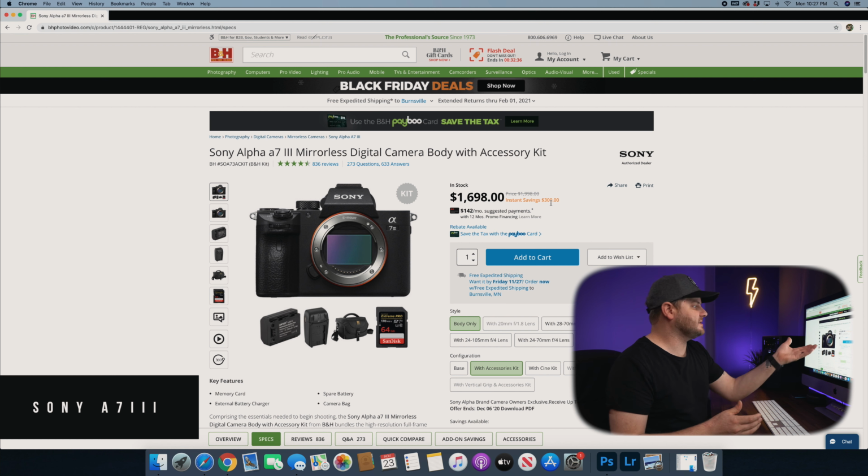And I think this is about $300 cheaper right now than even the A7C. So is it time to pull the trigger and buy the A7III? $300 cheaper than normal. It's cheaper than the A7C. Now is the perfect time. If you can get past the fact that it doesn't have a flip out screen, this is a great time